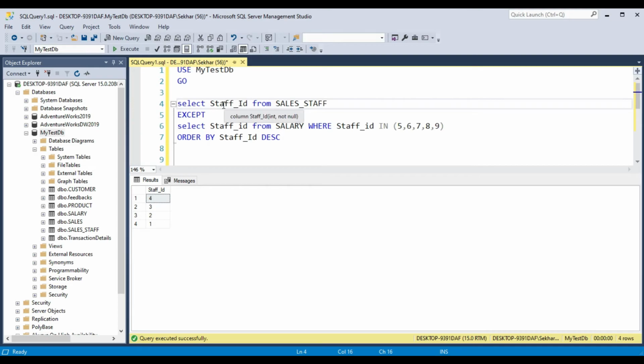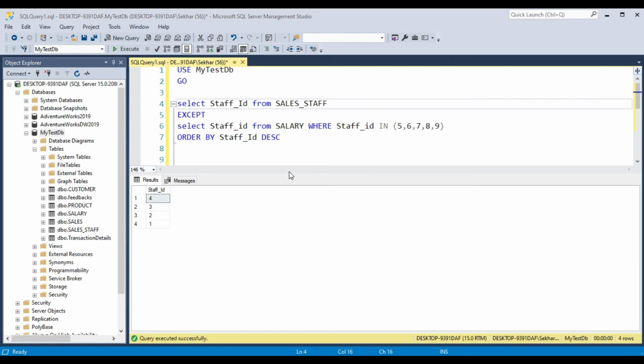It's not like in the first query you have staff id and staff name, and in the second query it is staff name and staff id. It should be in a similar manner. If staff id and staff name come in this sequence, staff id and then staff name, then the second query should also have an identical column for staff id and an identical column for staff name.